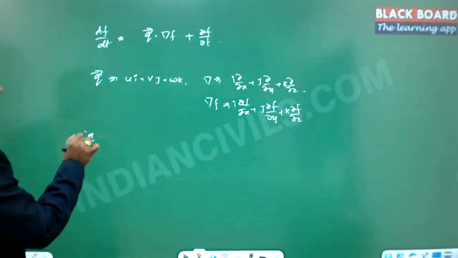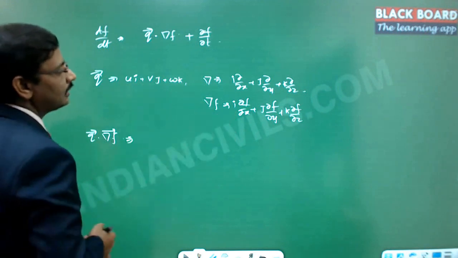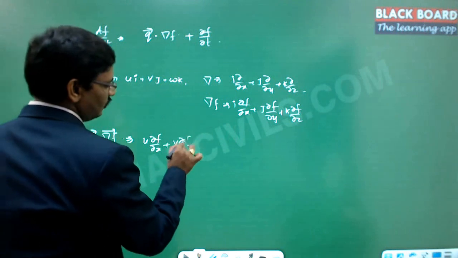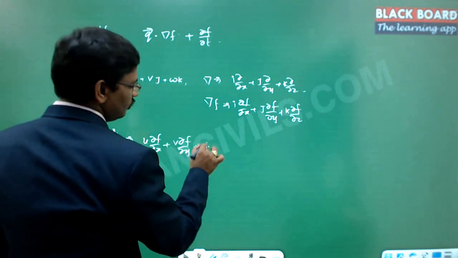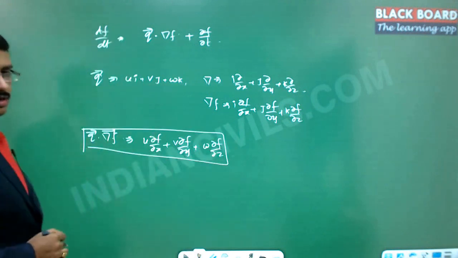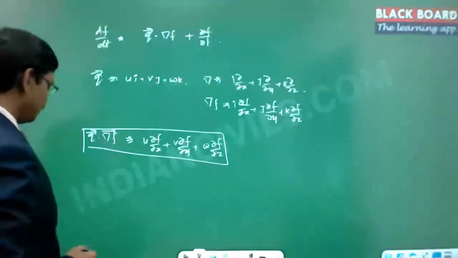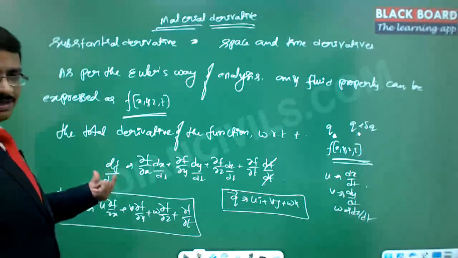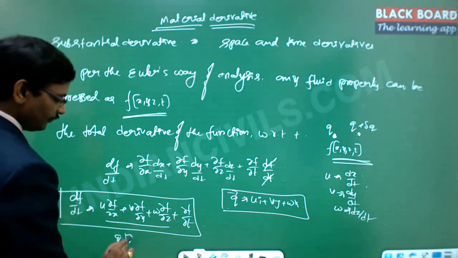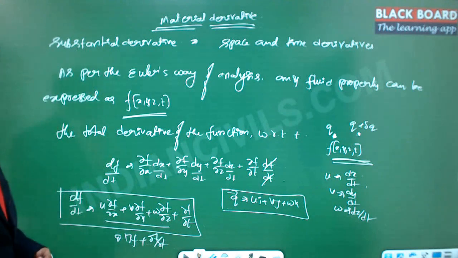Now if you take the dot product of q dot del f, it can be written as, i dot i is going to be 1, then u dou f by dou x plus v dou f by dou y plus w dou f by dou z. That means this can be replaced with q dot del f for the case of u dou f by dou x plus v dou f by dou y plus w dou f by dou z. So from this total derivative df by dt, you can express this portion as q dot del f, so q dot del f plus dou f by dou t. So this is how you can express it.